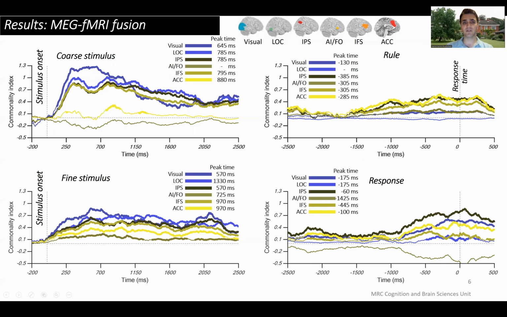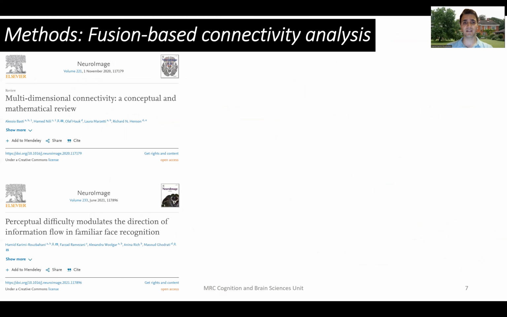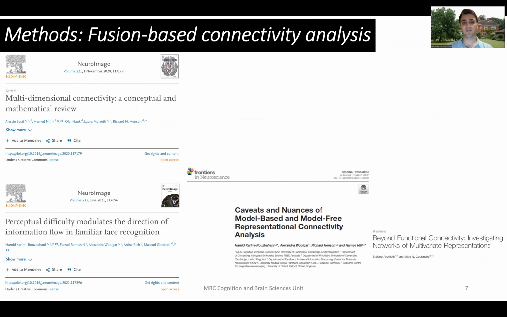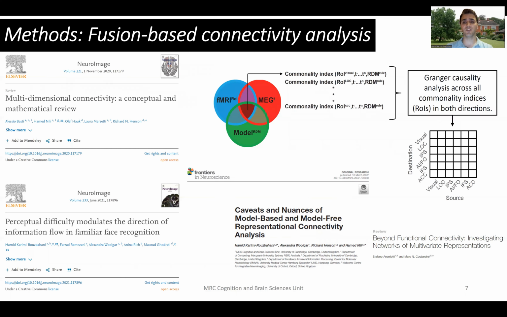Although these results seem to suggest some sort of information transfer between areas, we need to quantify whether there is any information transfer between areas or not. In order to do that, we built on the recent shift towards multivariate connectivity analysis, which has been dominating the field. So we use the commonality indices in our novel method to see if there is any Granger causal relationship between the time courses of commonality between one region to another, to obtain information about